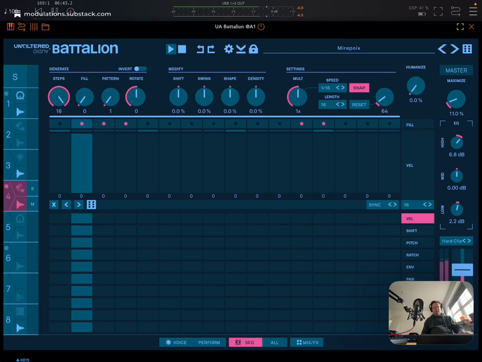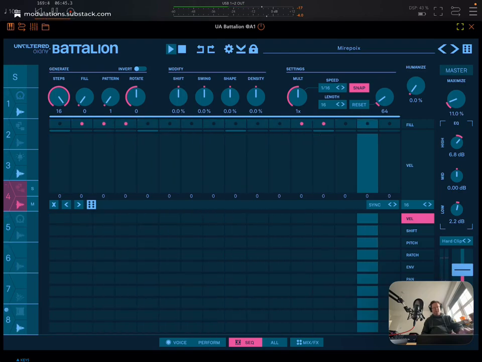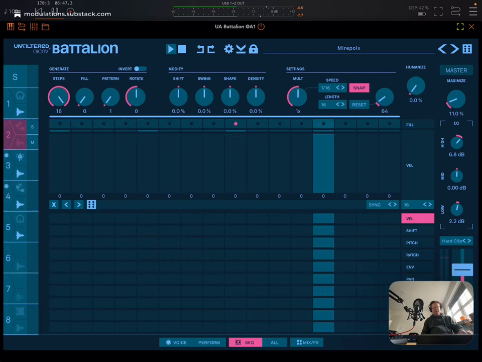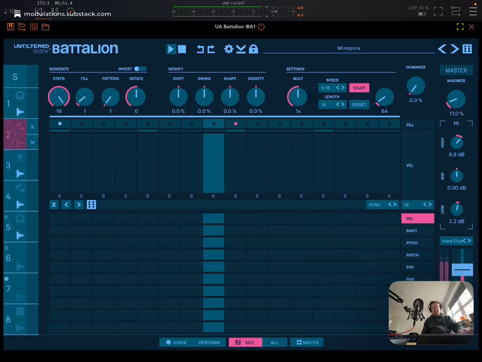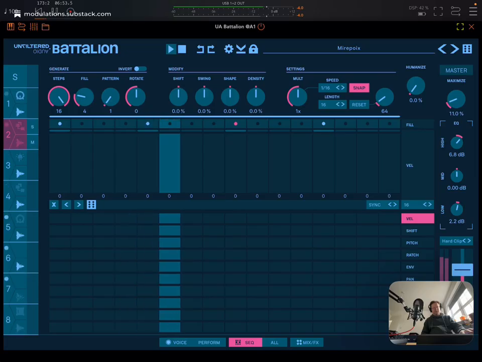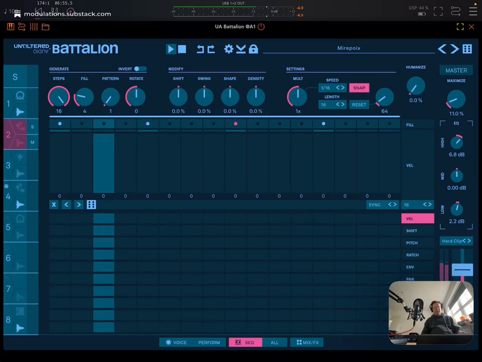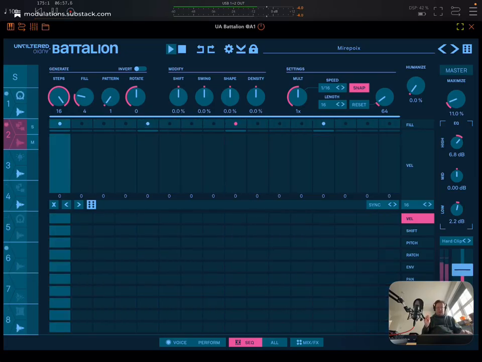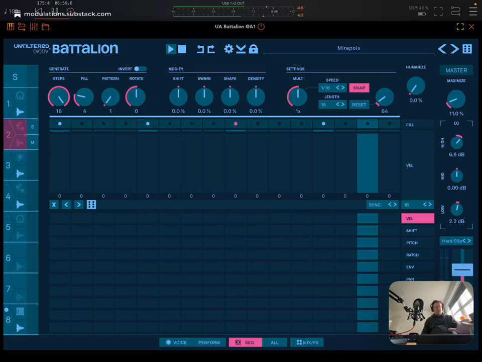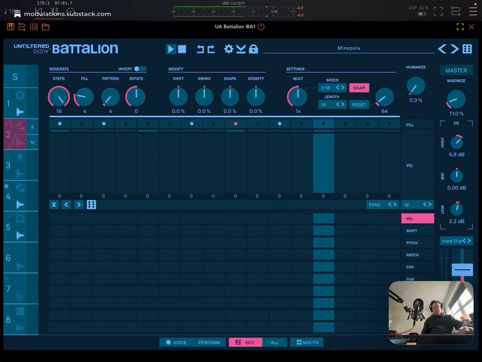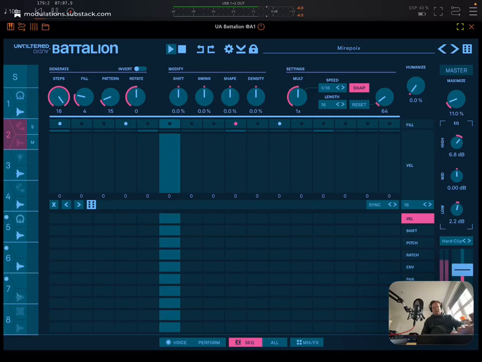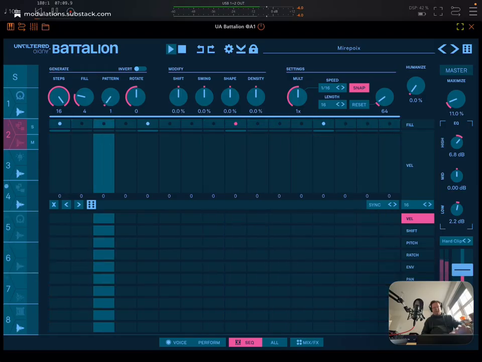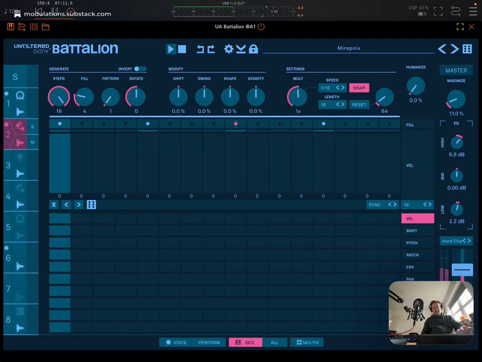Let's say I wanted to add in a fill to the snare. The snare has 16 steps, and at the moment there's no fill, but if I tweak that to 4, you see sort of grey dots have been added in, and we're adding extra hits. Changing the pattern, placing further variations to that pattern, again back down to 0, just where you were at the start, or 1 rather,